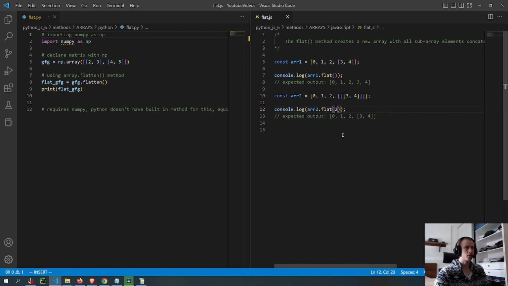And if you didn't put an argument here, you would only flatten by one level. Python doesn't have a built-in function for this, so you have to use a library called NumPy. And then if you're using NumPy, you can call the flatten method, and it's going to work in the same